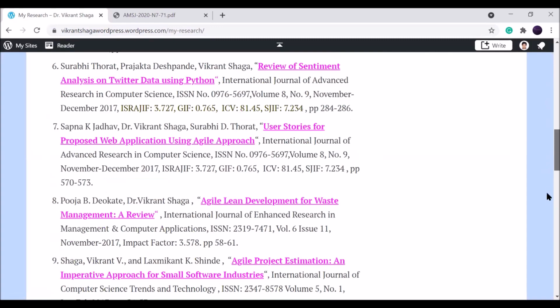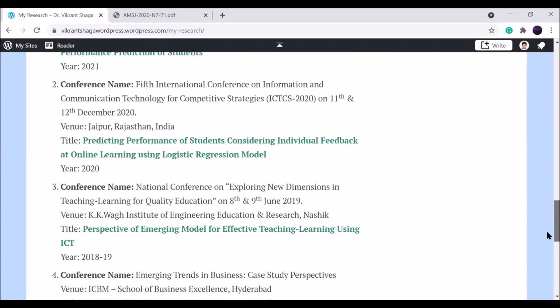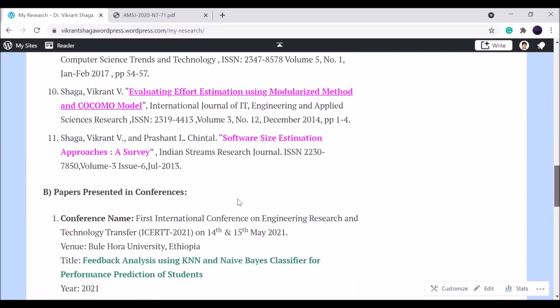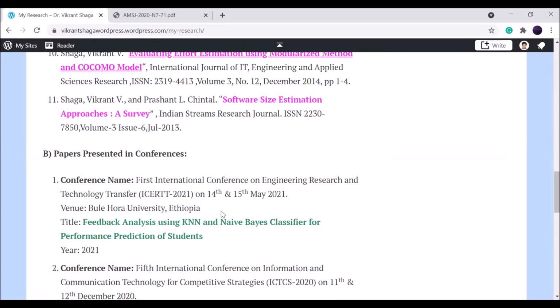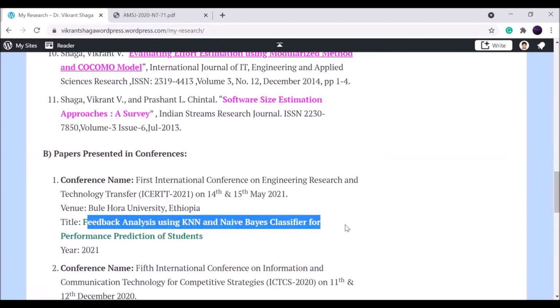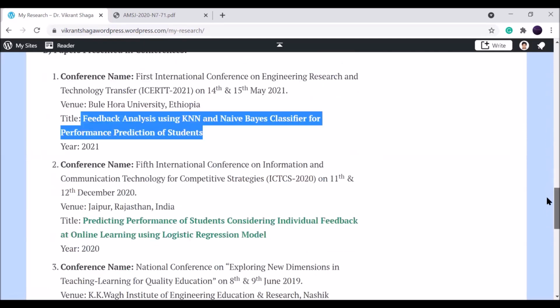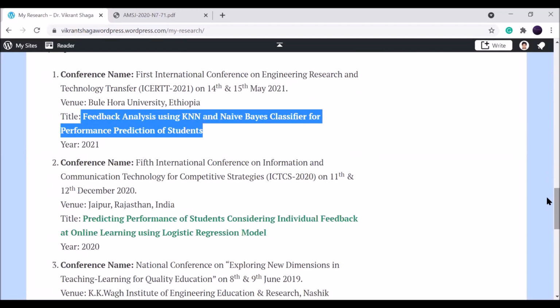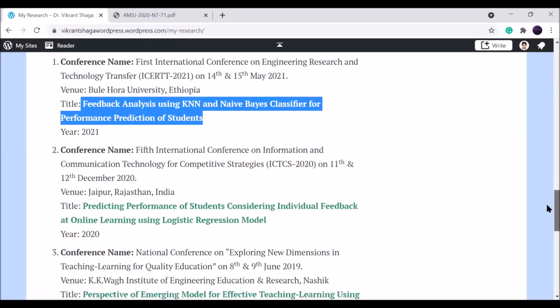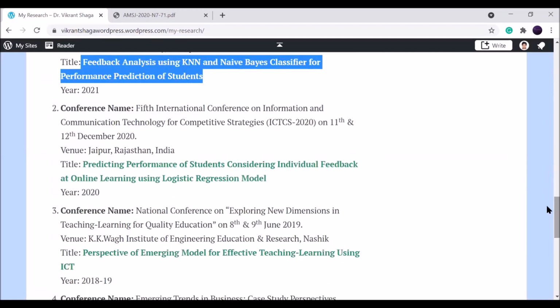And these are some conferences where I presented my paper. Recently, I presented at Bule Hora University in Ethiopia. Recently, I also published a paper on feedback analysis using a KNN based classifier for performance prediction of students. You can refer to this website, or go through other websites also. I'm not forcing you to use only this website for your research work.